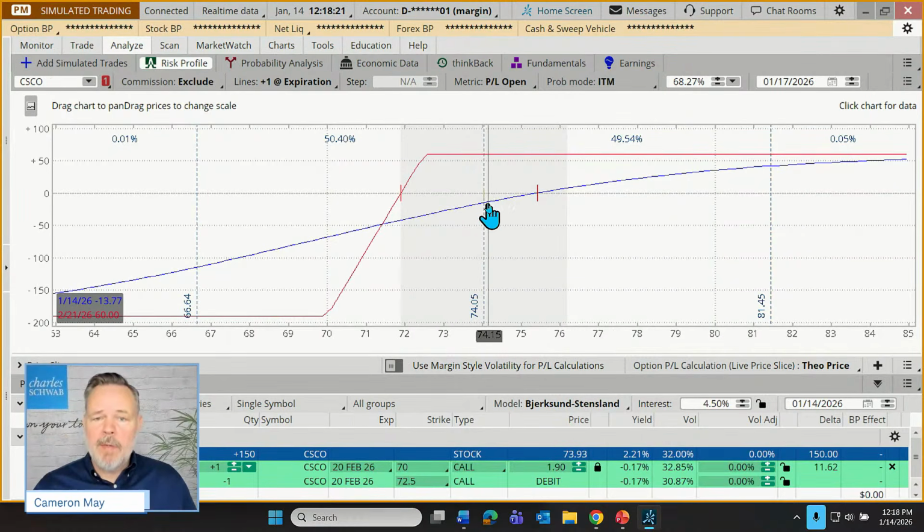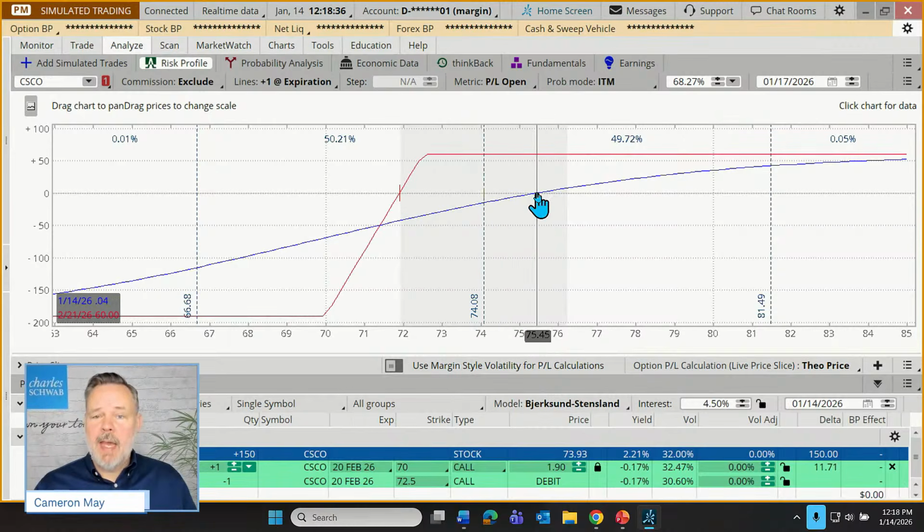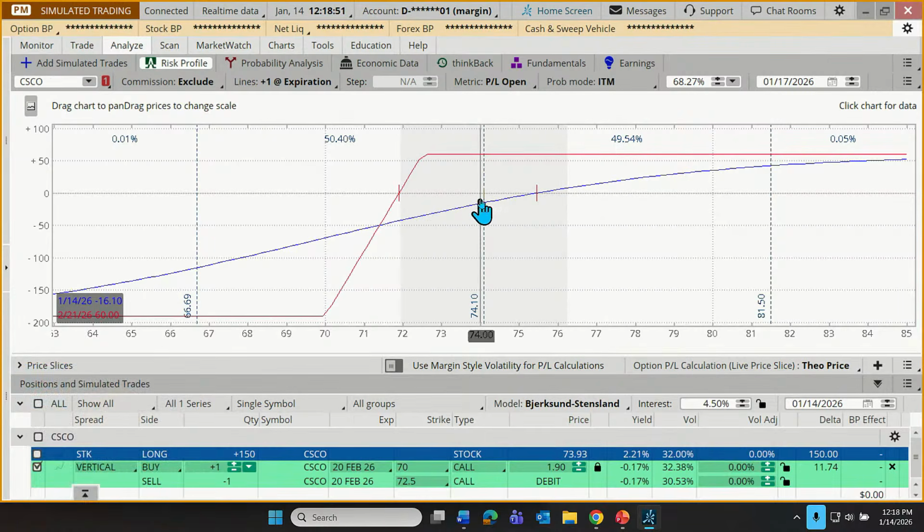If the stock starts to move up, it's working its way toward profitability or making gains. But you can see that this has some work to do in order to hit break even for today. It needs to go from where it is right now up to this red dashed line. That's our break even point. Beyond that, so if our stock gets up to 76, 77 or beyond, we'd be profitable even just today. What if the stock fell today? Well, you'll see that the line drops and it's showing this bullish trade is struggling if the stock is falling.